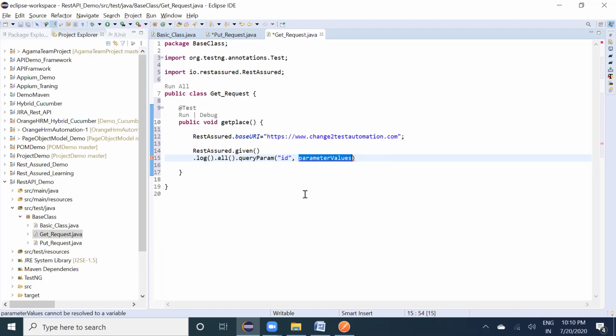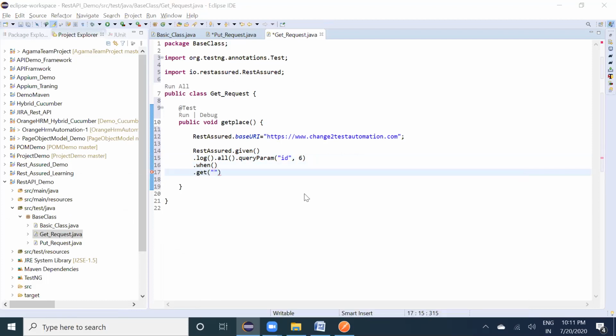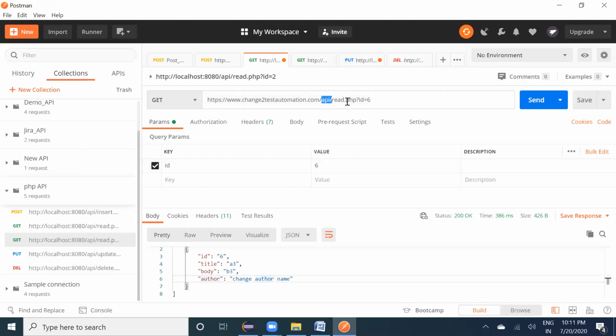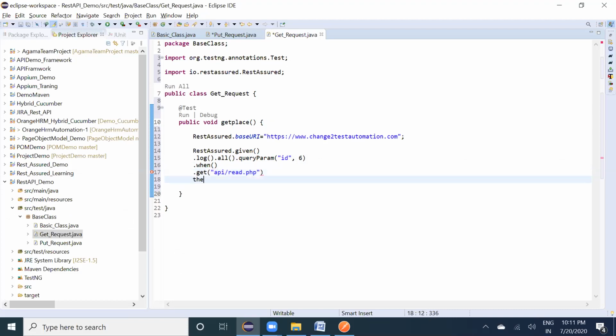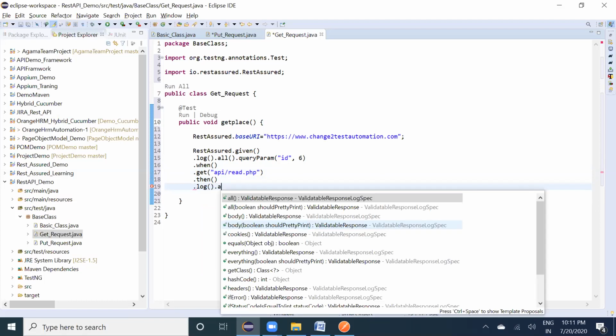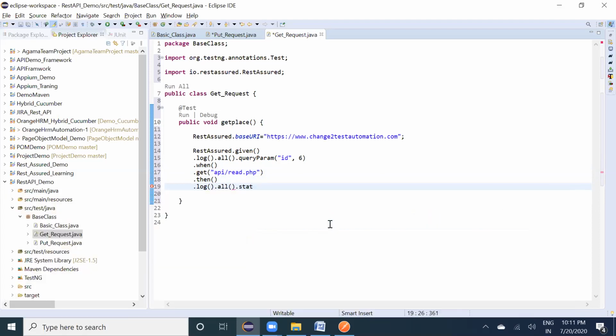and value 6. Then when we'll give the resource. Then your resource, then we'll log the results and the status code. Now we'll run the code. What we are doing is getting the ID which we updated and seeing it here,